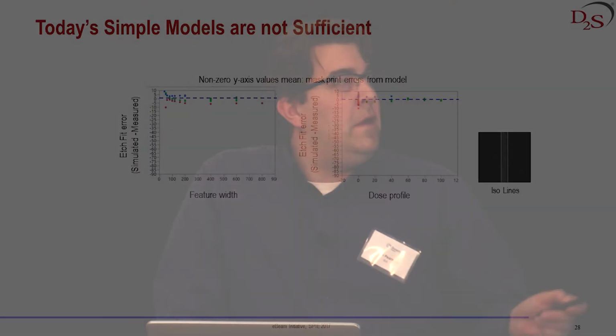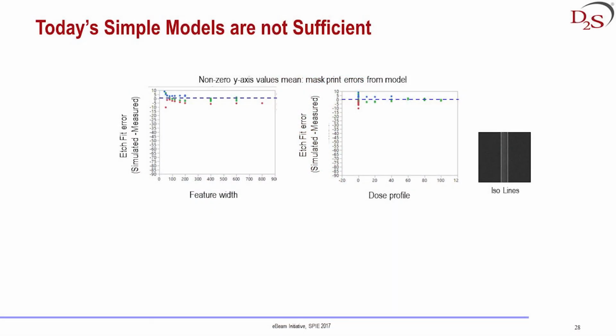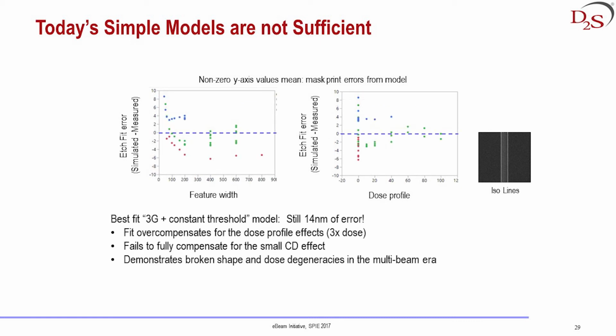All right, so let's ask ourselves the question: if I want to model this with a 3G system, how well do I do? Well, I've reduced that mean to target from 90 nanometers to something small. I kept this on the same scale, so this looks pretty good, right, until I make this thing bigger. And I still see it at about 14 nanometers of model error. Okay, so this dotted line now is at 0, and any data points away from 0 mean I have that much of an error left on my mask